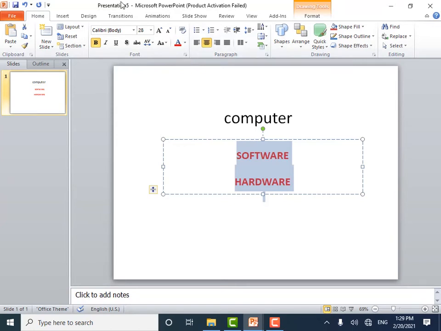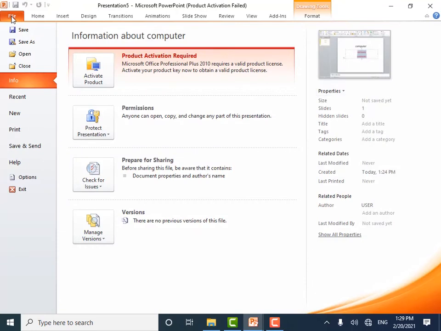Now we will see built-in templates. First we will see, children, what a built-in template is. Templates can contain layout, theme colors, theme fonts, theme effects, background styles, etc. You can find many different types of free templates built in to PowerPoint that you can apply to your presentation. To apply a template, children, do the following. Click on the File tab.